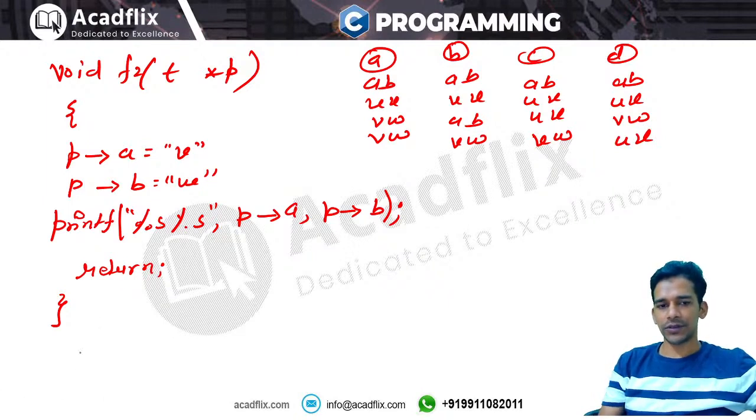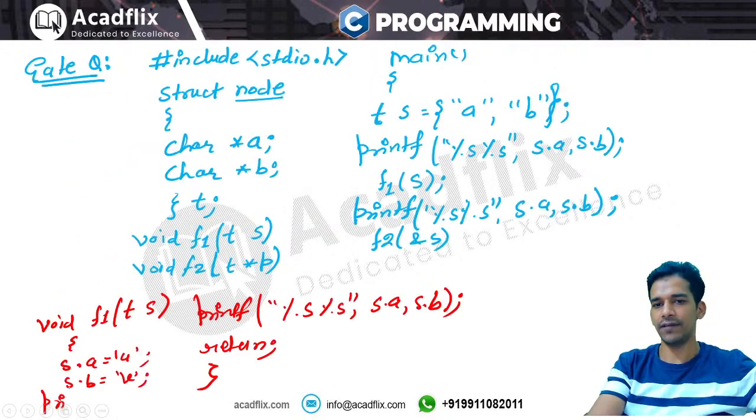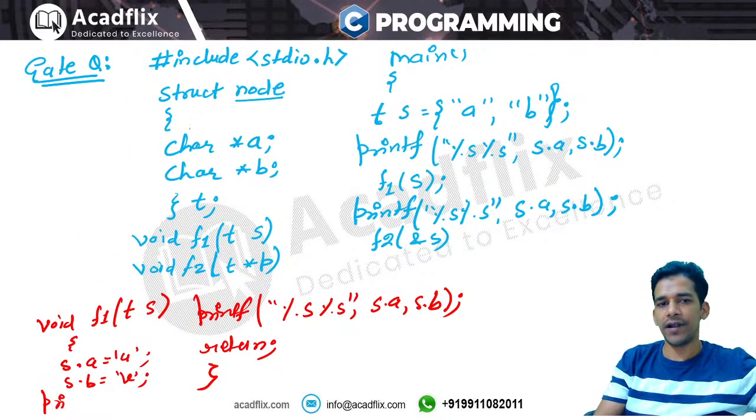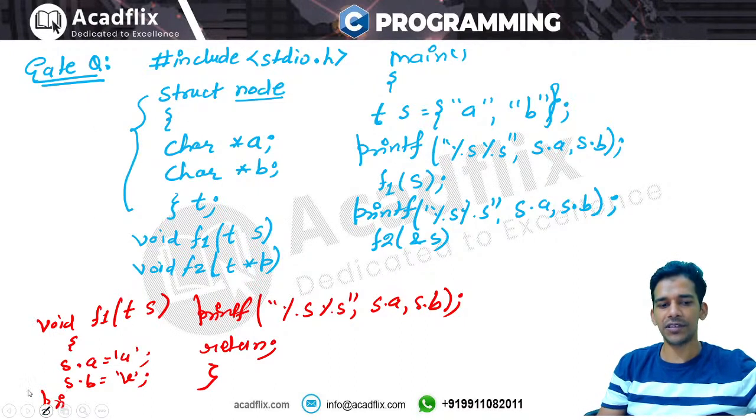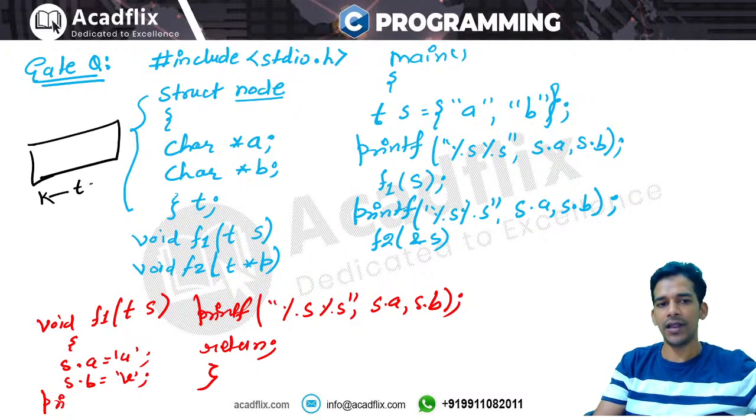Okay sir, try to solve this question. It is a very simple question. In it you are given 2 functions and a structure defined with the name node. And we have declared a variable of structure type. So we declared a T variable of this node type, and this T variable is having 2 pointers, that is, T is a structure, it is having 2 pointers and these pointers are pointing to 2 strings. Okay, so we have initialized this T and we have taken a variable of T type and the values assigned to this variable are a and b.